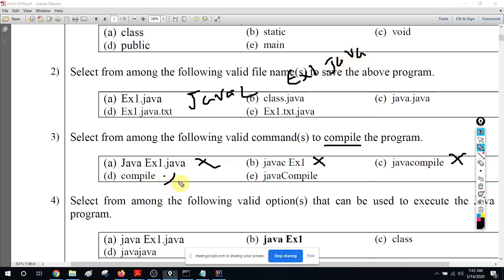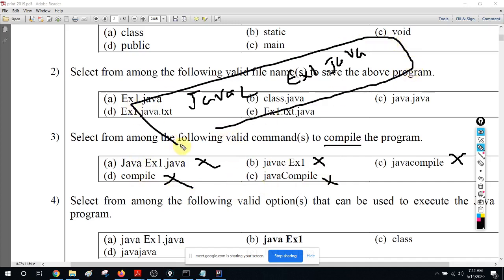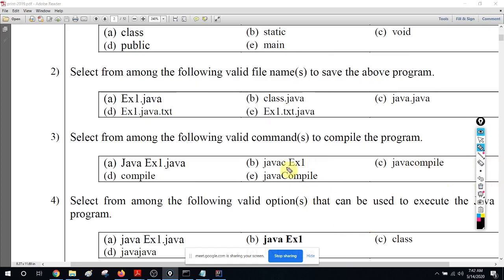You just say compile; java is not going to work. Here it says not javac, it says java. Therefore, none of these are answers, because the correct answer should be javac ex1.java. But here it is case insensitive, it can be anything, but none of these answers are there. So the answer is none. Those who have not marked anything will get the full mark. So none of these are correct, and that can happen.